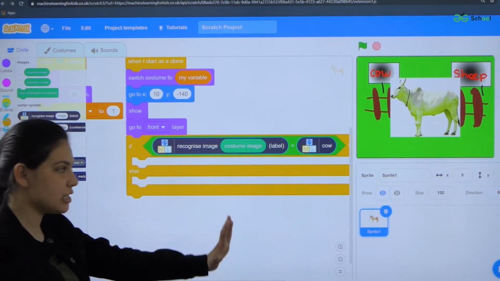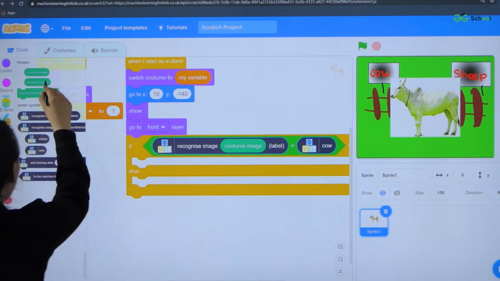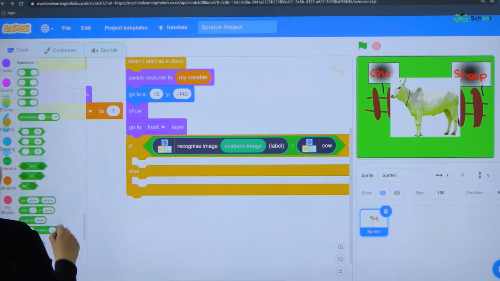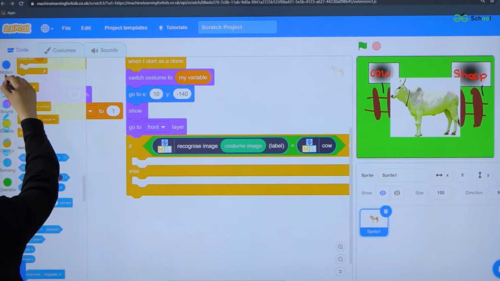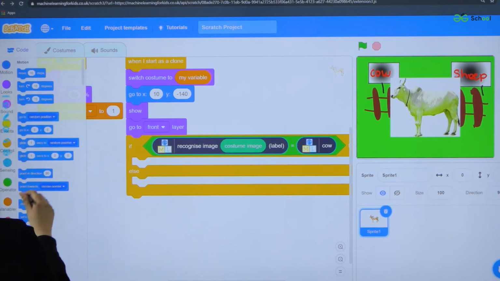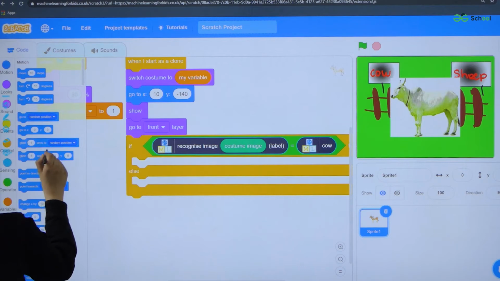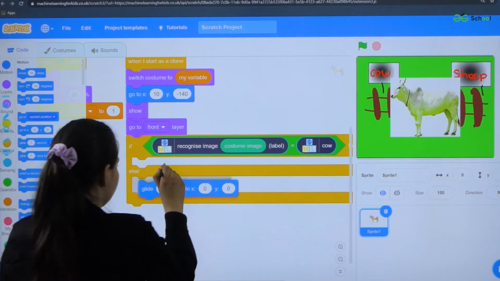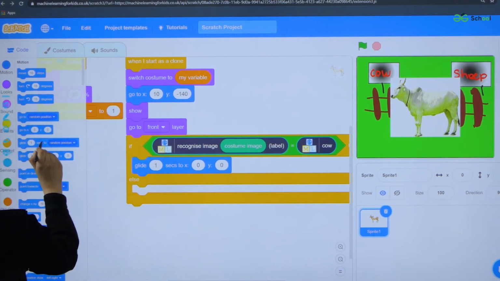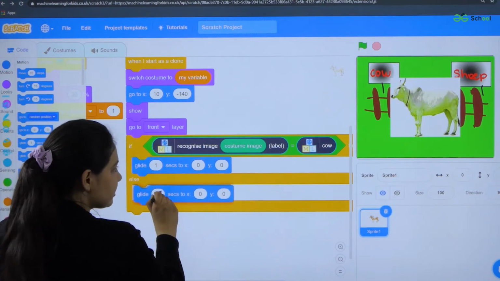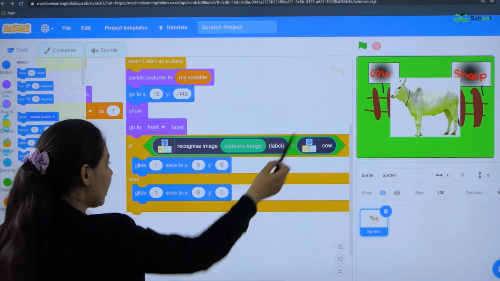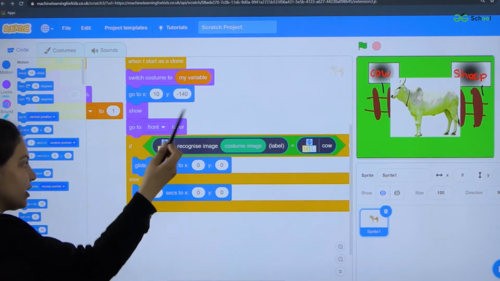If the image is of a cow, it has to glide to the left side. I'll select the motion block and make it glide, and if it's not a cow, then it should glide to the right side.